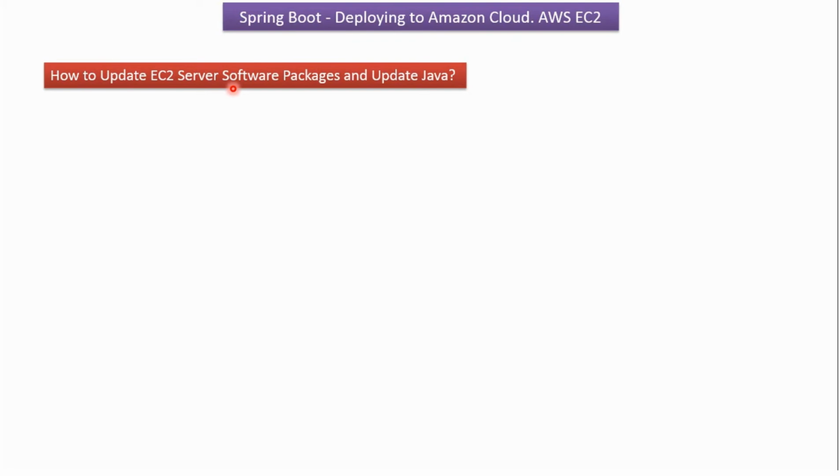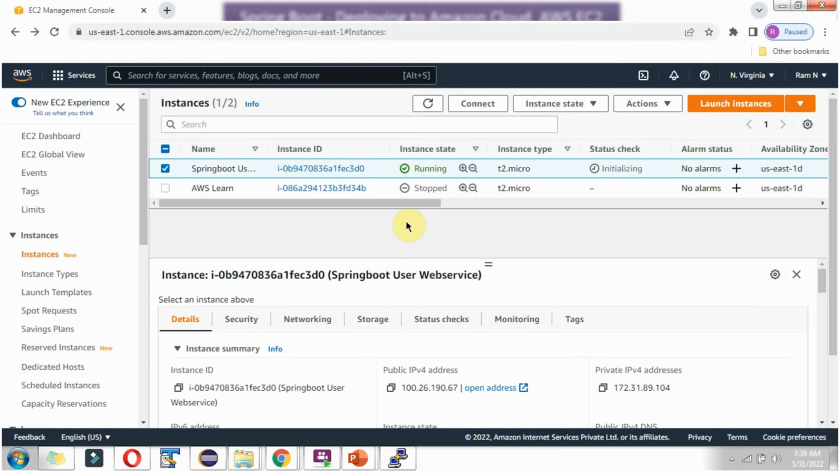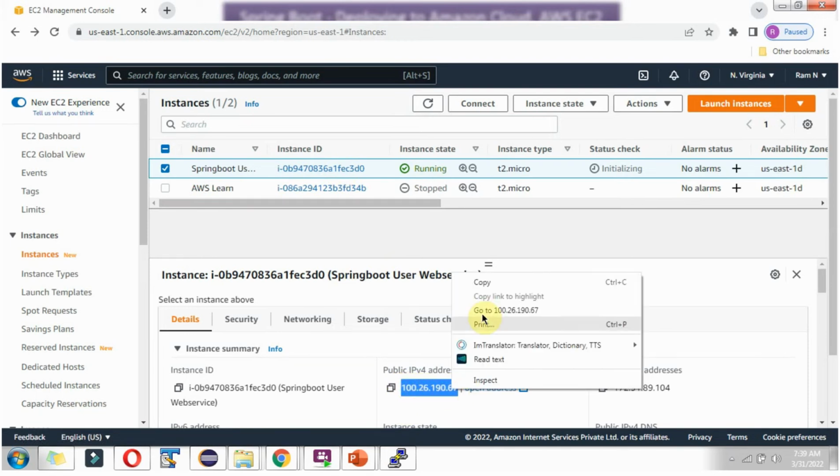In this video tutorial I will explain how to update EC2 server software packages and update the Java. Here you can see the AWS console and I have started the EC2 instance, and here you can see the public IPv4 address. Copy this